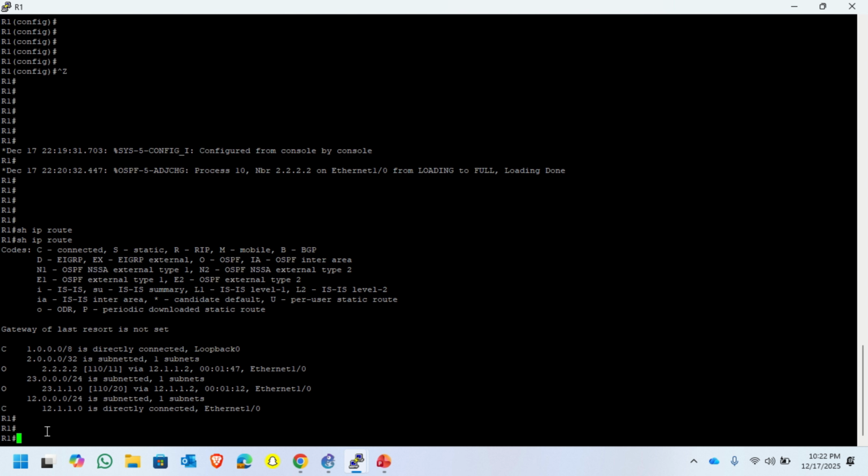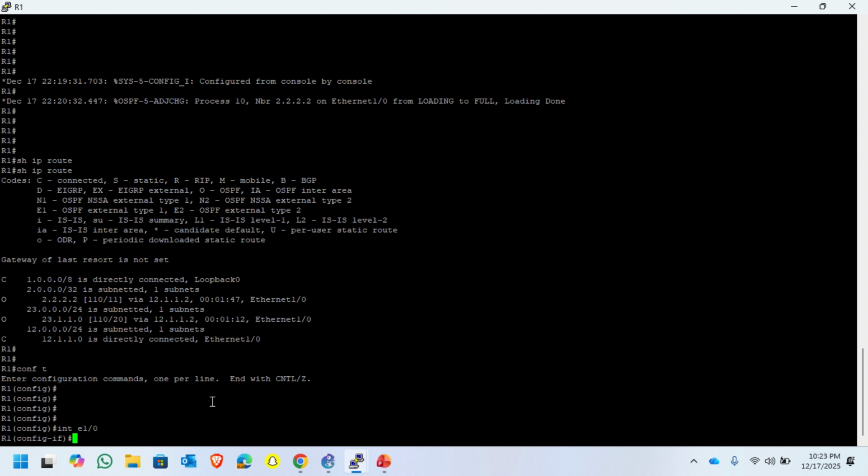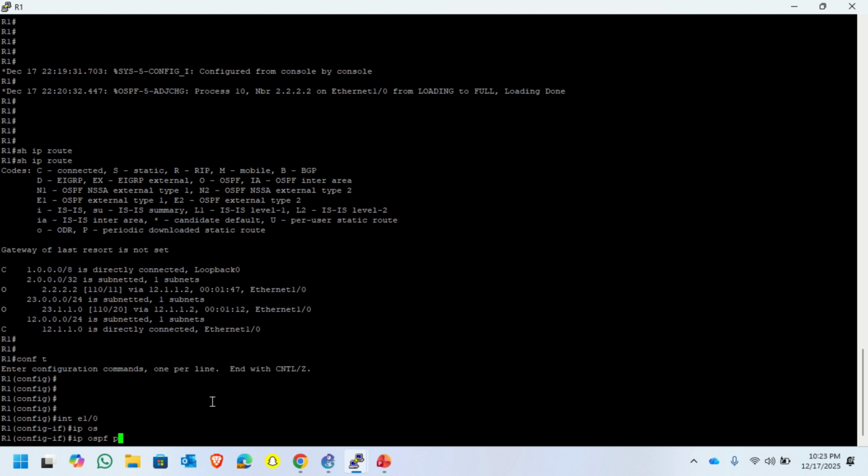So now here we have to configure R1 as a DR and R2 as a BDR. What are the commands for this task? You have to enter into configuration mode first, then interface Ethernet 1/0. Here we want R1 to act as a DR, so we have to type the following command: IP OSPF priority